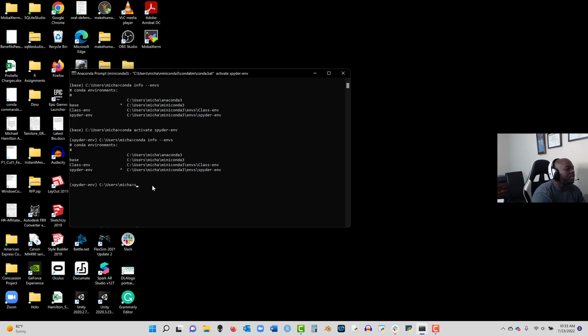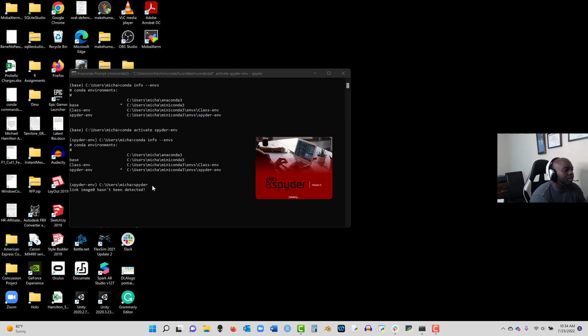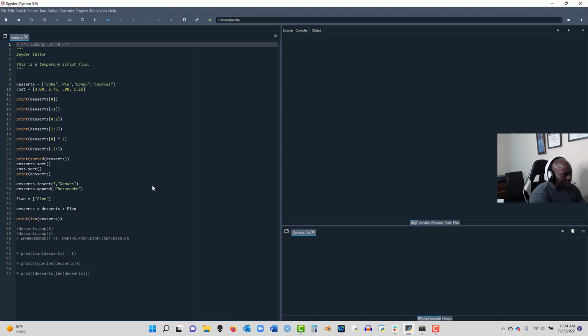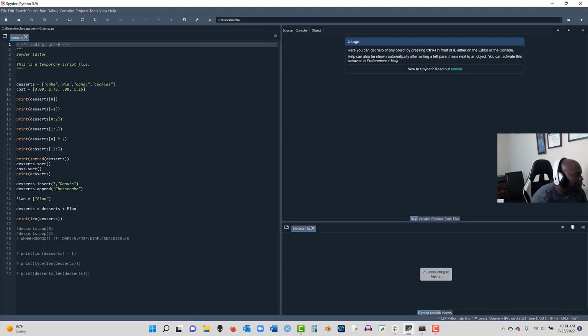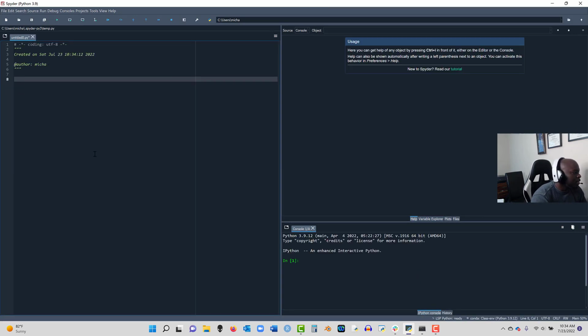So now you should just be able to type the keyword Spyder and press enter. And if you've installed everything like before, Spyder should just boot up. Again, to get to this point, you have to watch the installing IDE video. Let me close this out. All right. So once you get into this environment